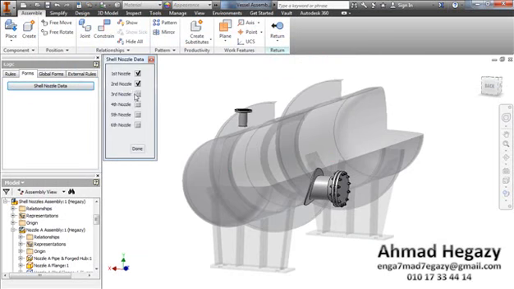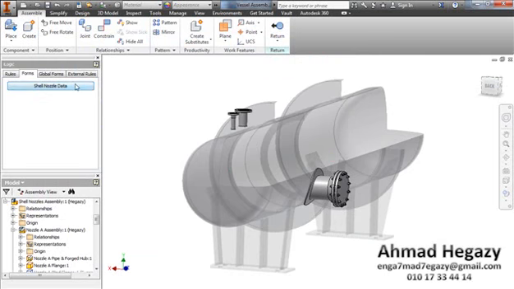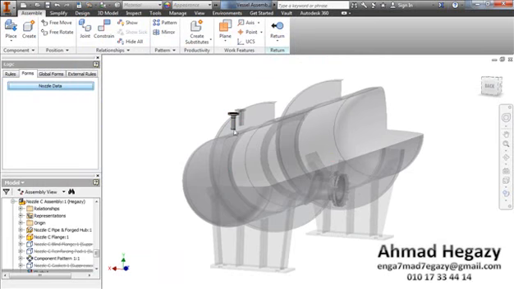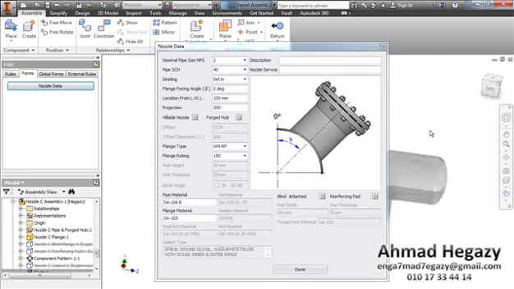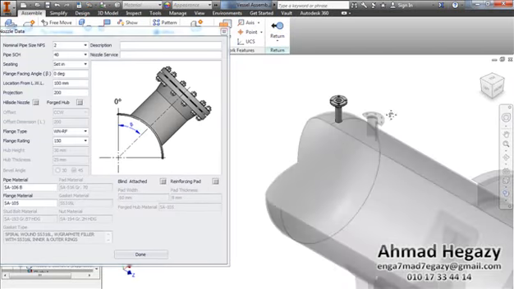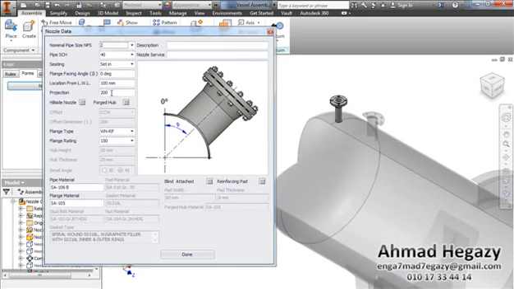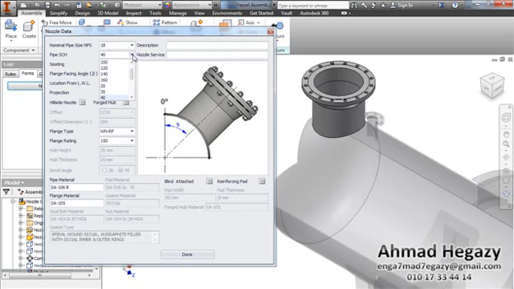We will add another nozzle like that, and we will change its data. We will change the projection. We will select the size. Select the schedule, pipe schedule,